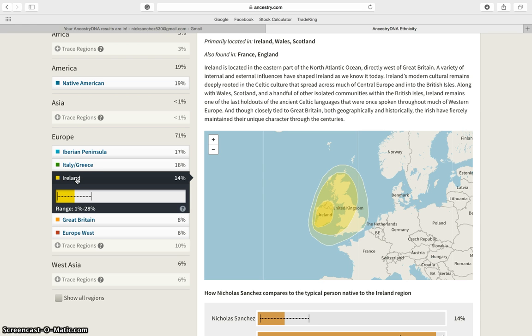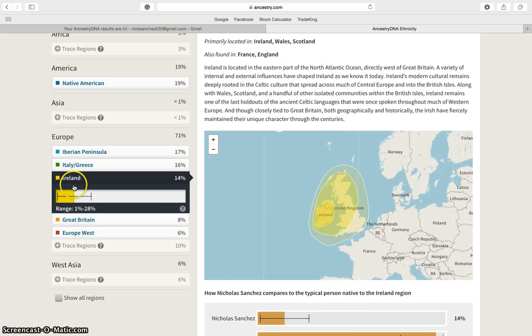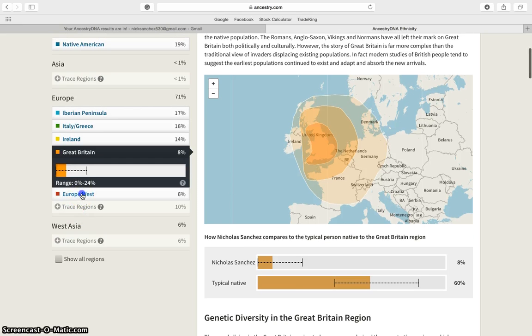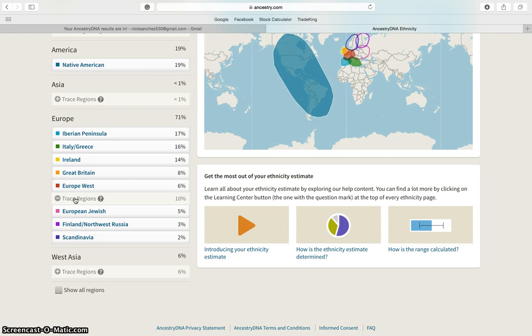Irish, Great Britain 8%, which is just a little to the east, Western Europe, Germany, France, Switzerland, Austria, Czech. Interesting. Trace regions 5%,